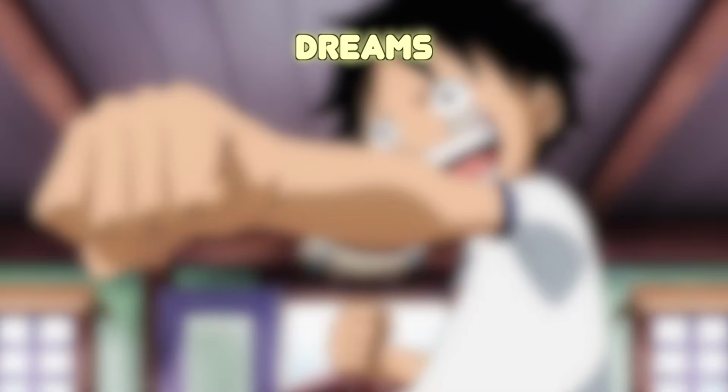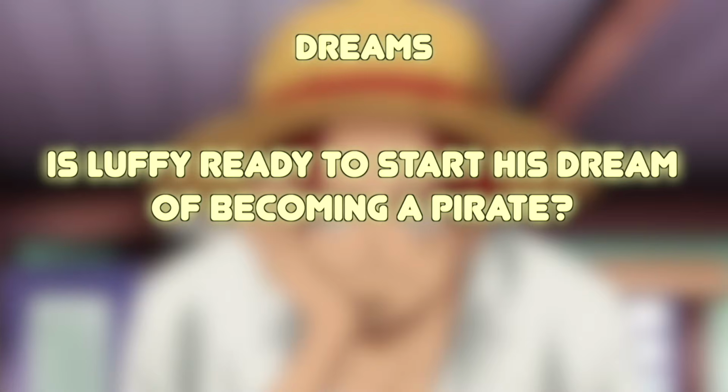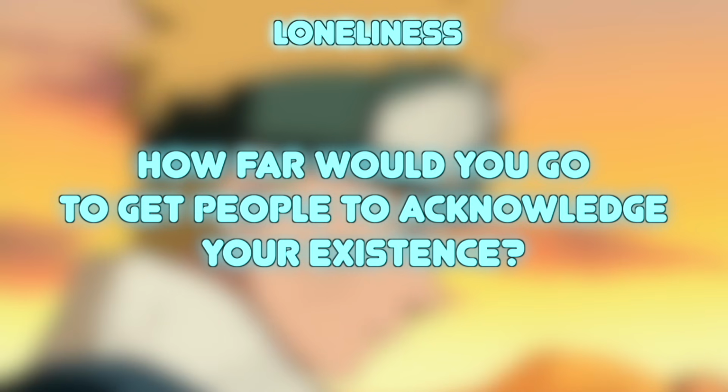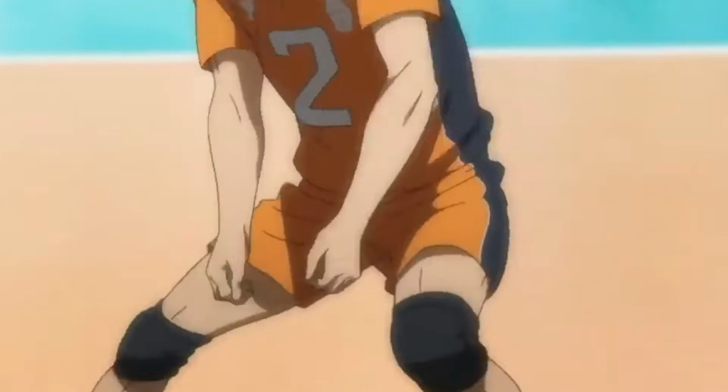One Piece's question would be, is Luffy ready to start his dream of becoming a pirate? And Naruto's theme is loneliness. However, stemming from this expresses the question, how far would you go to get people to acknowledge your existence? So like I said before, realistically, most authors won't pick a theme from scratch to build their story from, as